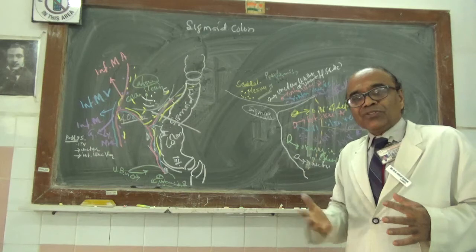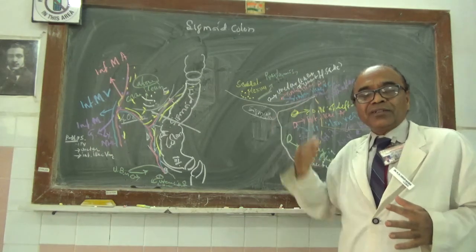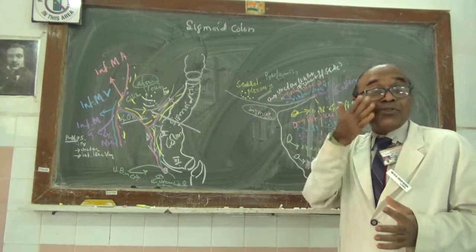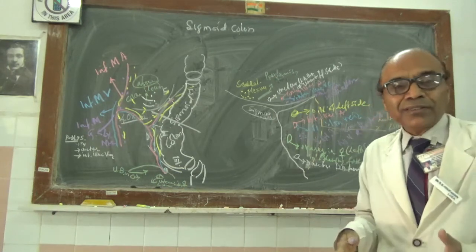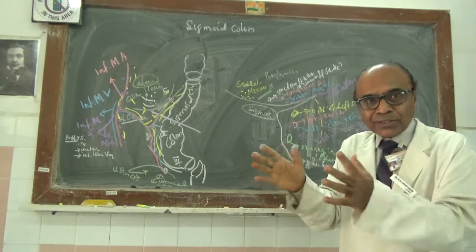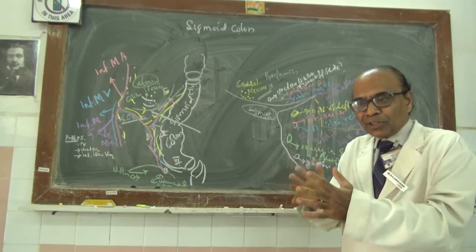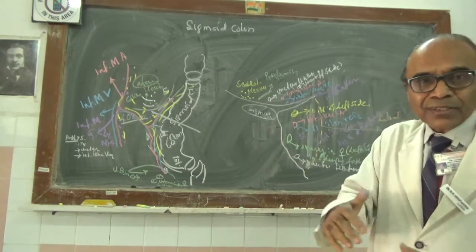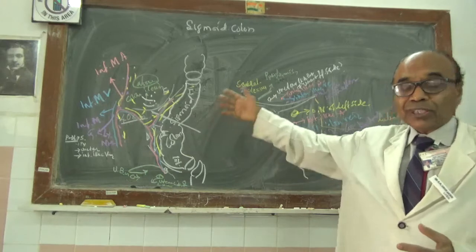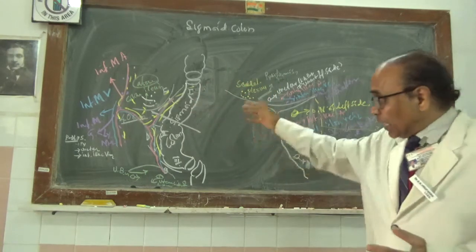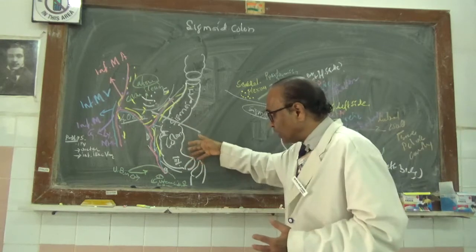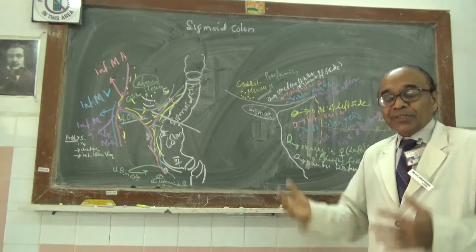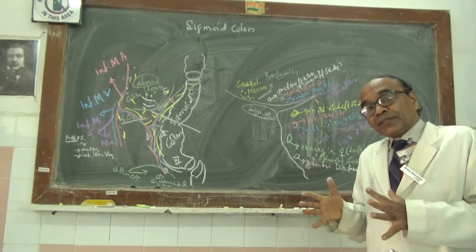Then you have the muscular layer. There you have a longitudinal layer, and here also you have the longitudinal layer in the large intestine. Circular fibres are there in the jejunum and ileum of the small intestine, and here also they are there. But area-wise coverage in the jejunum and ileum, circular are thicker, longitudinal are also a little thicker in the jejunum, less thick in the ileum. But that thing will not be found here in the colon. But as it proceeds further towards the descending and sigmoid colon and then into the rectum and anal canal, they may become more thick. Then you have the subserous layer.